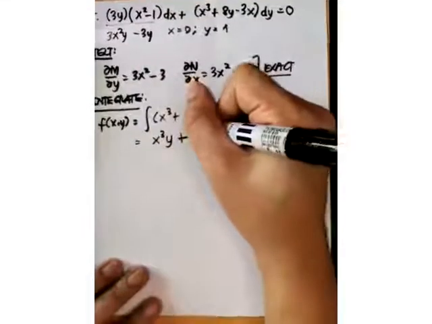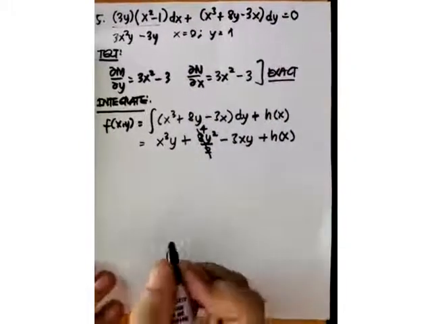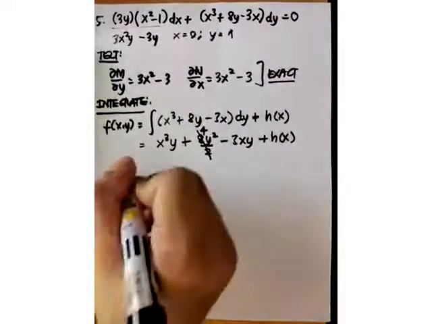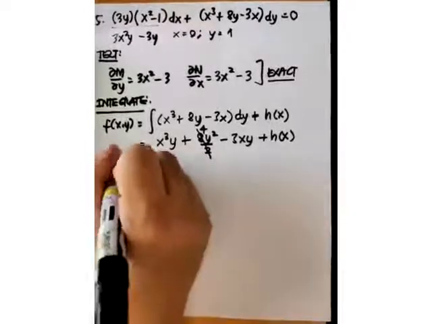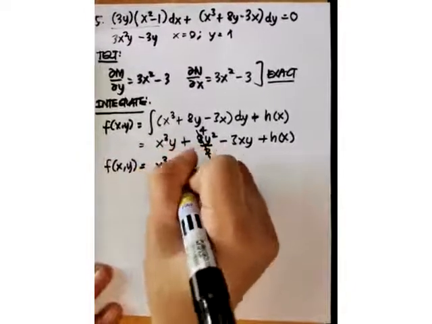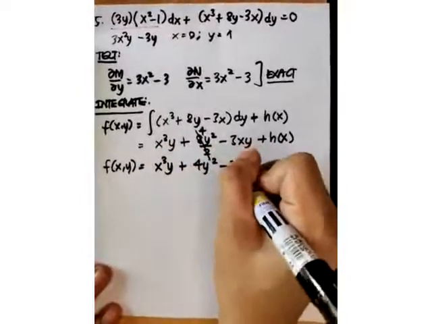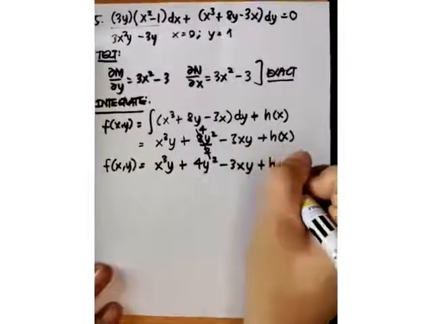Okay, so therefore this is just 4. Okay. Next. So that means yung ating f of xy is x cubed y plus 4y squared minus 3xy plus h of